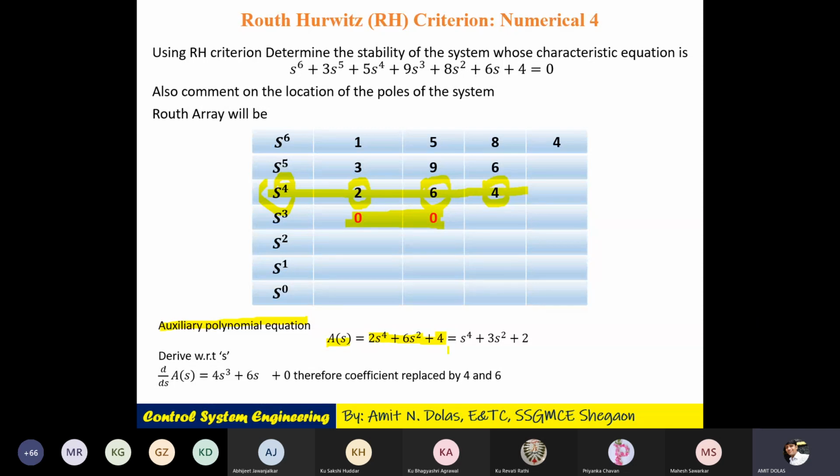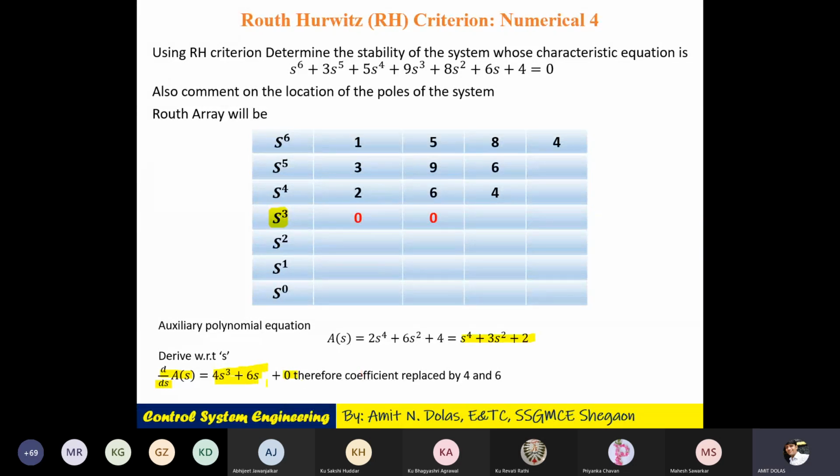Okay, again looking at the equation, coefficients are 2, 6, and 4. I may take 2 common, so it will be s to the power 4 plus 3s plus 2, and I will use this coefficient after differentiating polynomial, auxiliary polynomial. So I will differentiate this equation with respect to s like this. So it will be 4s cube, then plus 6s plus 0, क्योंकि हमें यहाँ लिखना है ना, s cube के फॉर्म में चाहिए. So I'll derivate it. I'll get in the form of s cube, that is even को हमने derivate किया, you will get odd